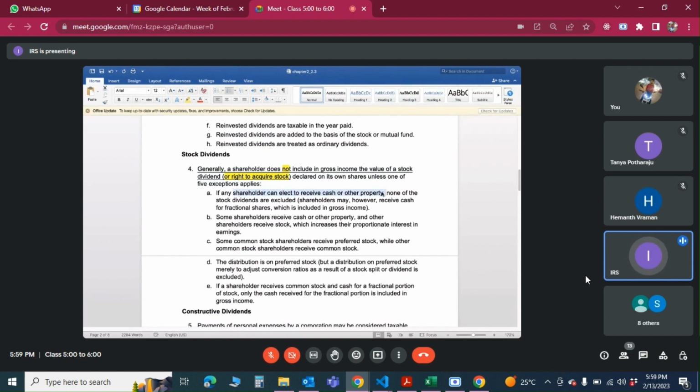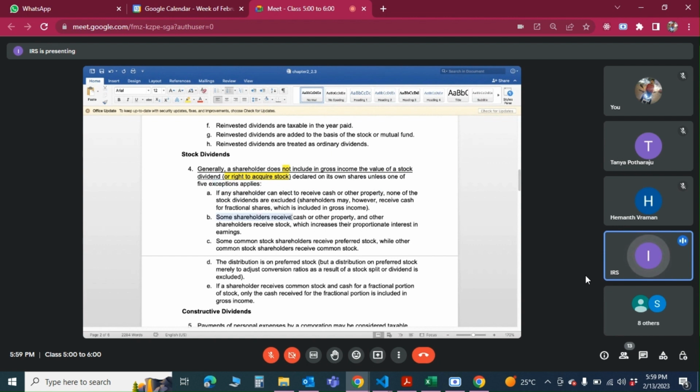If the company says, okay, you'll receive a stock dividend, plus you can also receive cash, or if you don't want cash or stock dividend, we can just compensate you in some other way. If they're giving all these things, that means there's some real income element there, and that has to be reported. So those are the exceptions. That means the income needs to be reported.